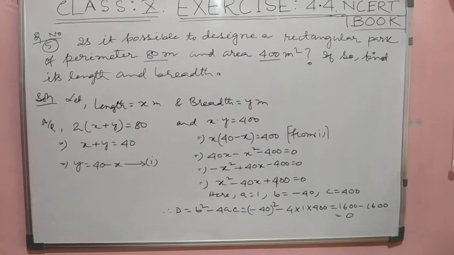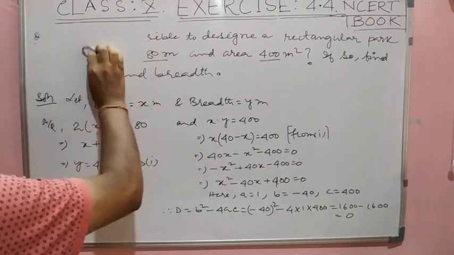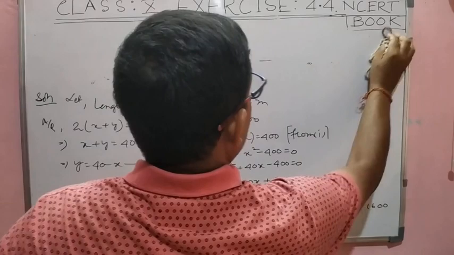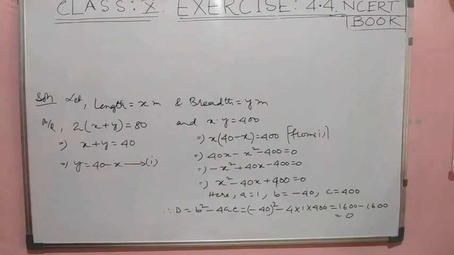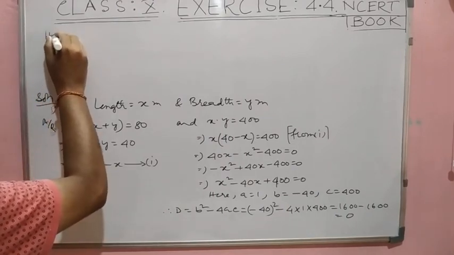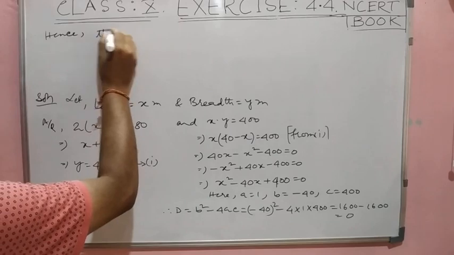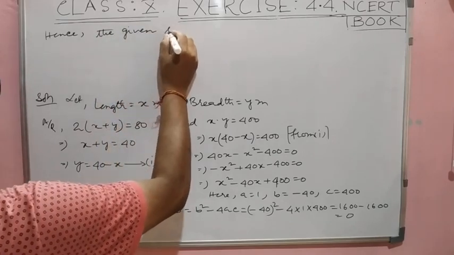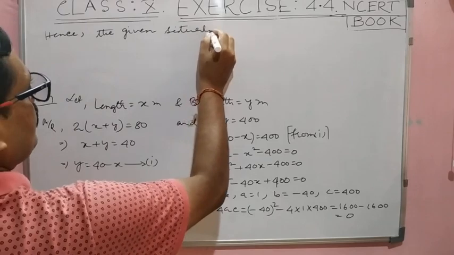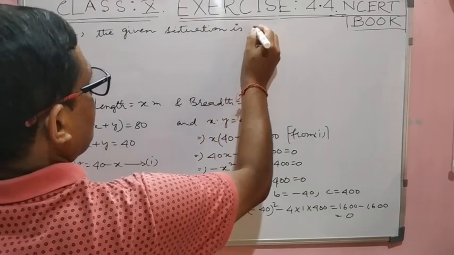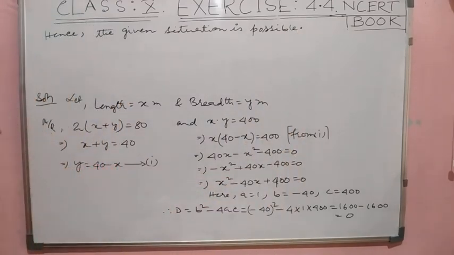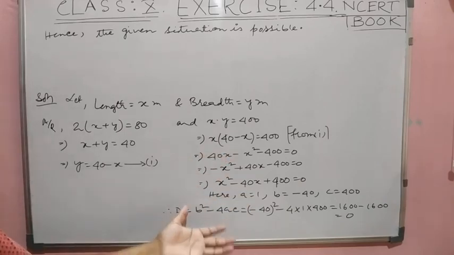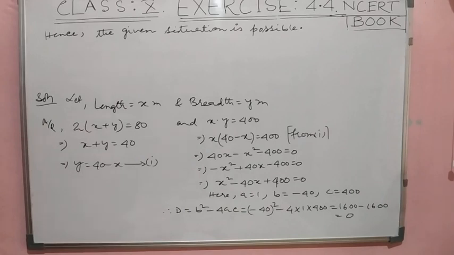So now let us write here, hence the given situation is possible. As the given situation is possible, so now we will find out length and breadth. So we will apply quadratic formula or anything we can apply here. So by quadratic formula